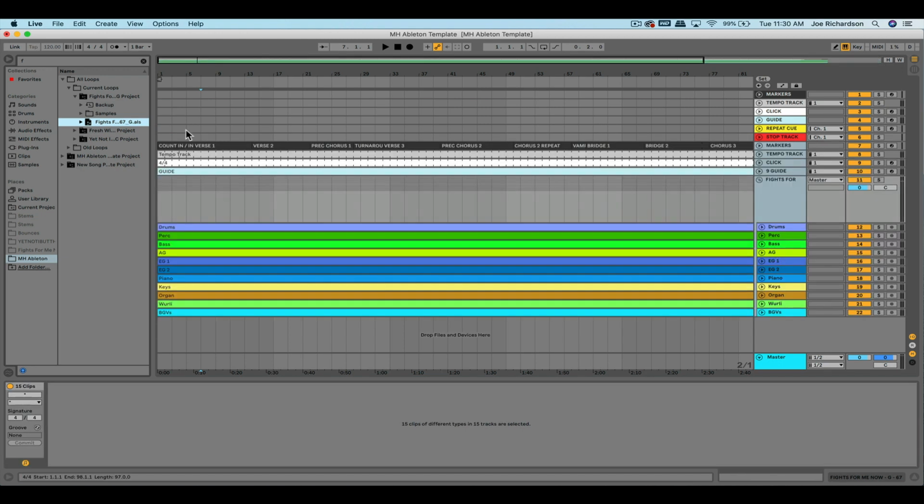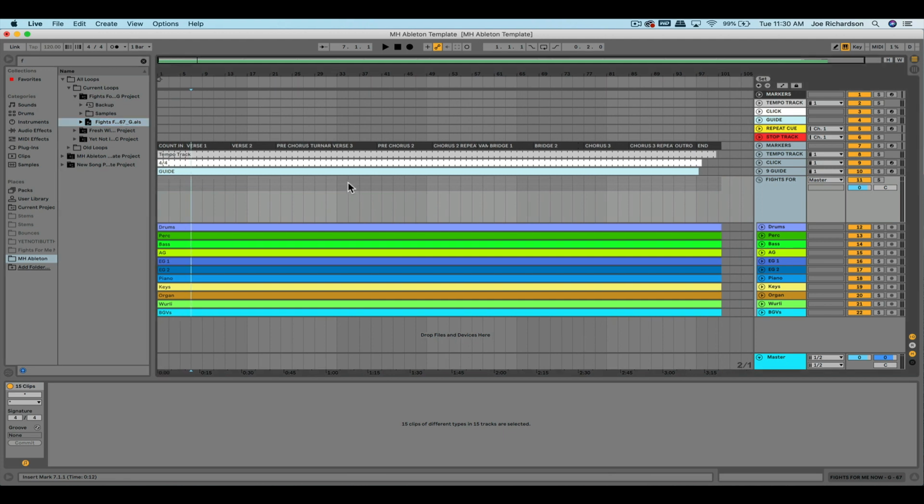Now Ableton will put the song in. So there's everything that we need for that song. We have our markers, we have our tempo track, click track, guide track, and then all of our audio tracks. The next thing we need to do is we need to move all of our global tracks up to the top where they belong. So the way we do this is we click on the first track,